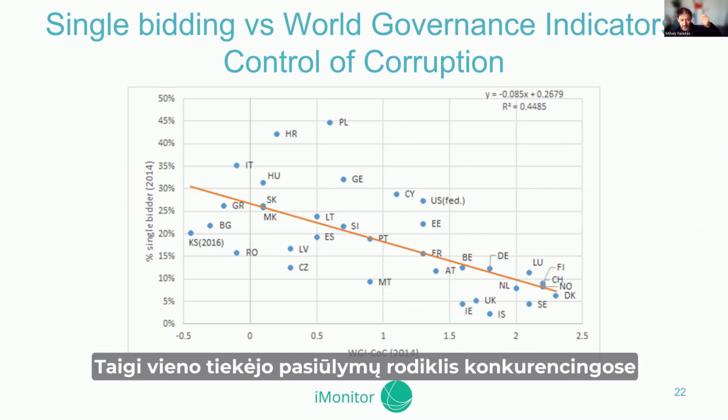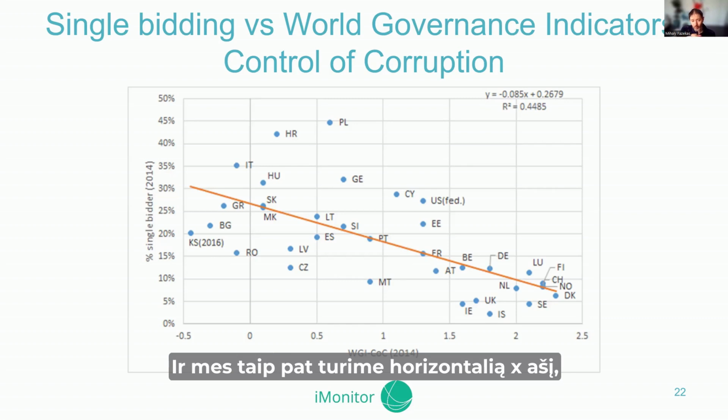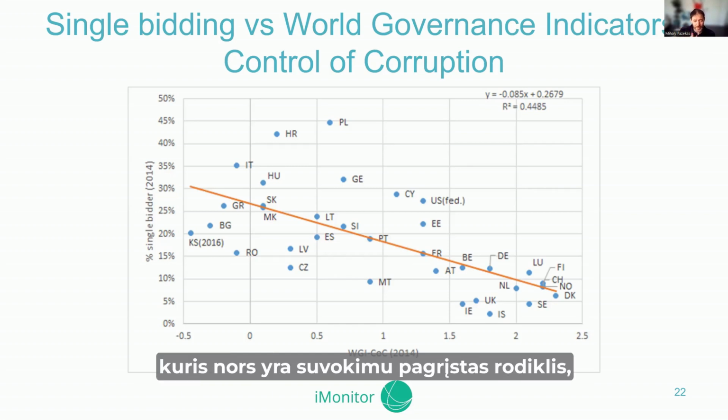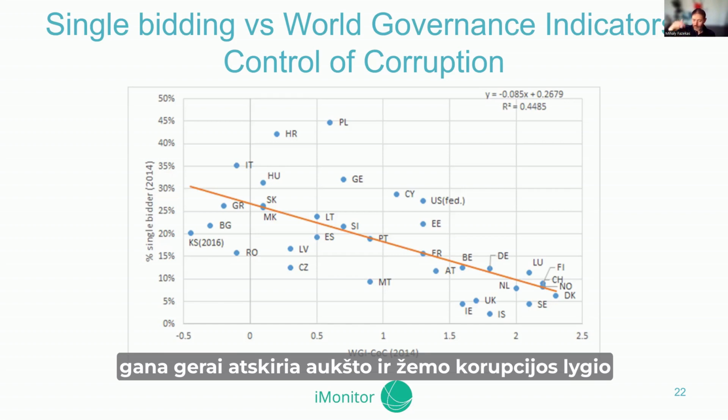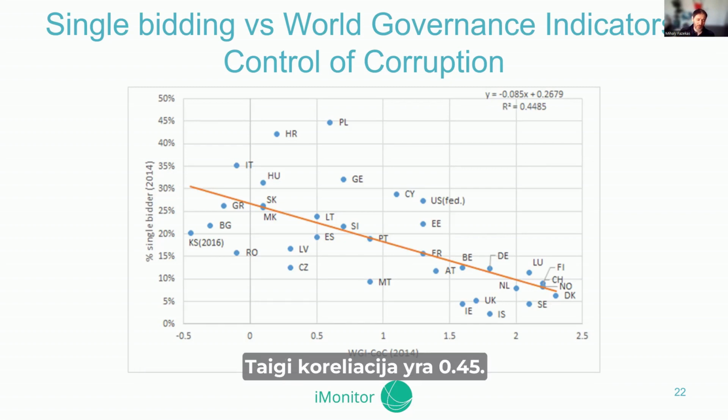The single bidding rate on competitive markets is on the y-axis, and on the horizontal axis we have the worldwide governance indicators, control of corruption indicator, which is a perception-based indicator, but it's relatively good in differentiating high and low corruption countries. If you look at these two, you see that the matching between the two indicators is relatively strong. So the correlation is